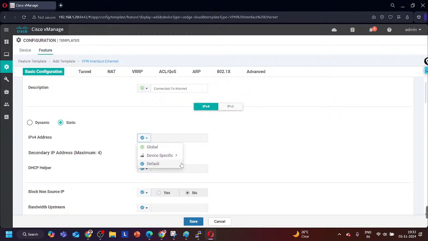So here we can say name, IP address for internet interface, right? So you will get to know it is asking for the IP address of the interface which is connected